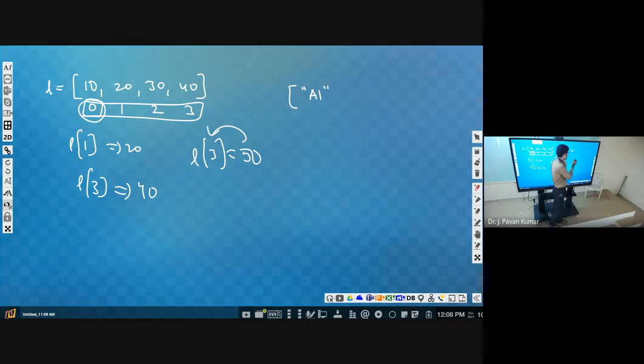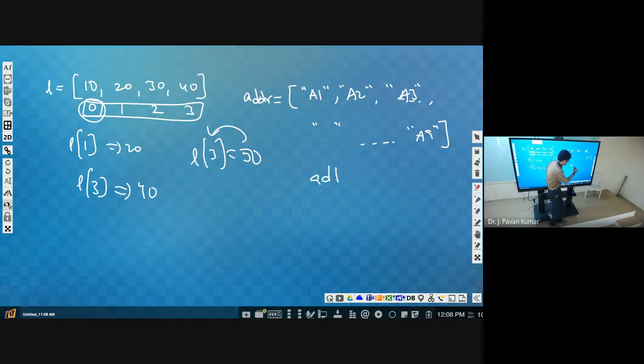Next address 2, like this 9 people's addresses I will be storing as strings in a list, up to A9. Now I wanted to get the second person's address. So address of 1, then 0 1, so this address we could get. Address of 3, then A4, like that, the fourth address we will get.